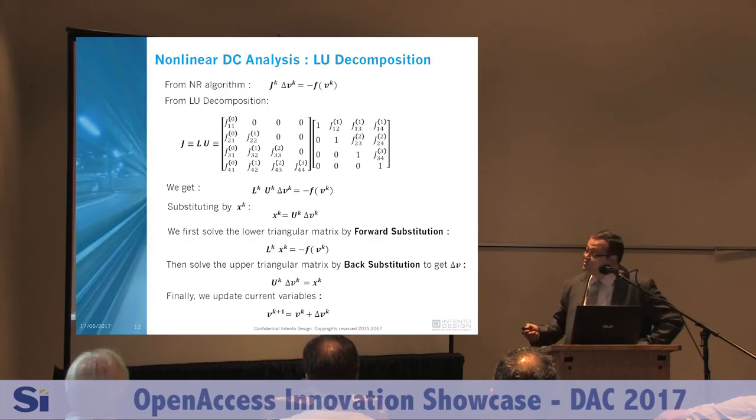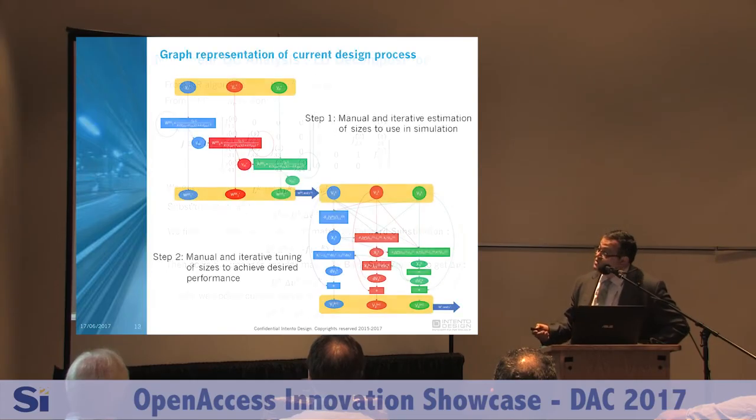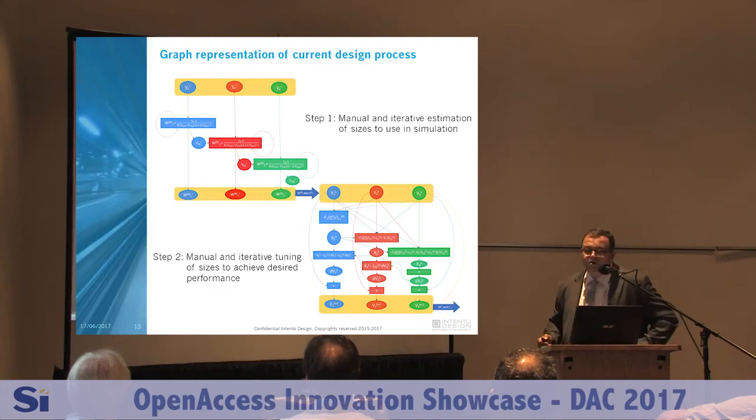So we did something simple. We tried to represent this as a graph. And we found that it's a very complex graph, actually. This is what represents the computations inside the simulator at each iteration. We see here X1, X2, X3, this is the forward substitution. V3, V2, V1, this is the backward substitution. So we have to do forward, backward, and then next iteration. So this is a really complex